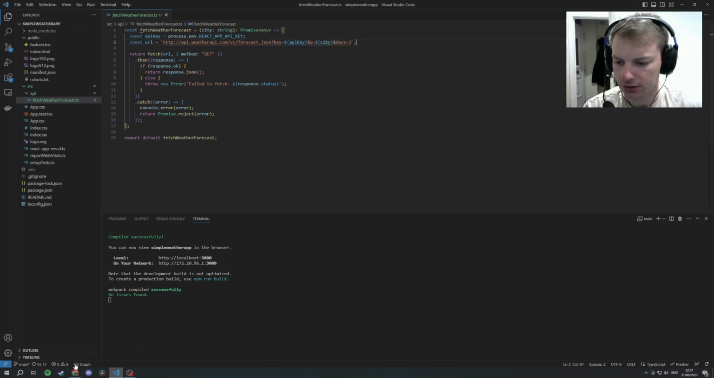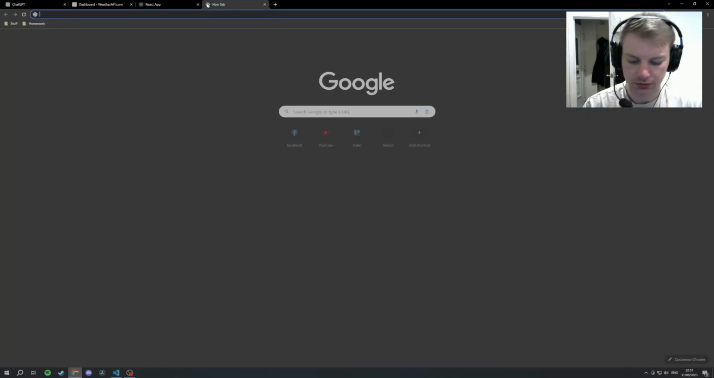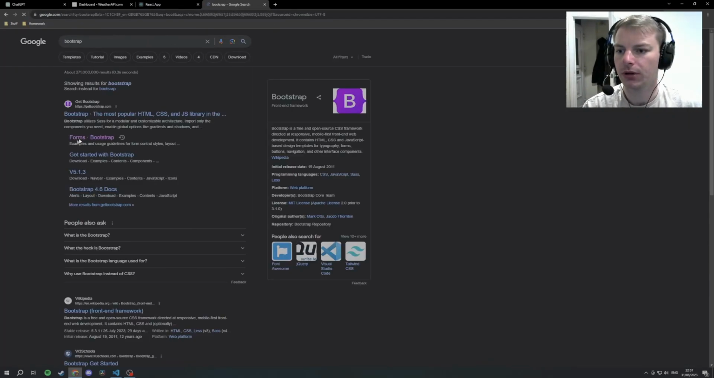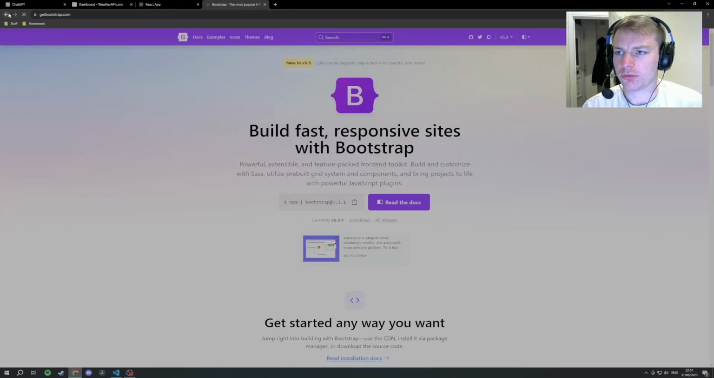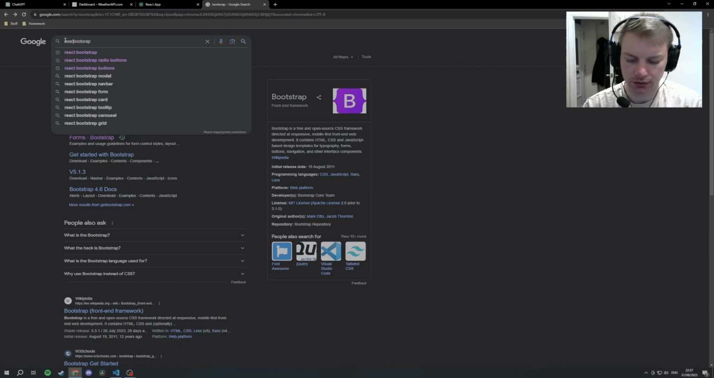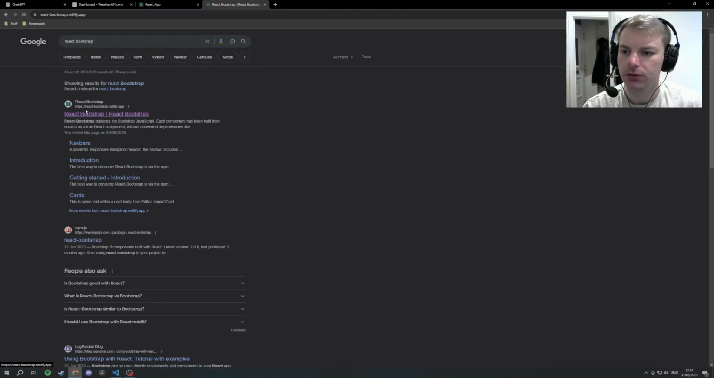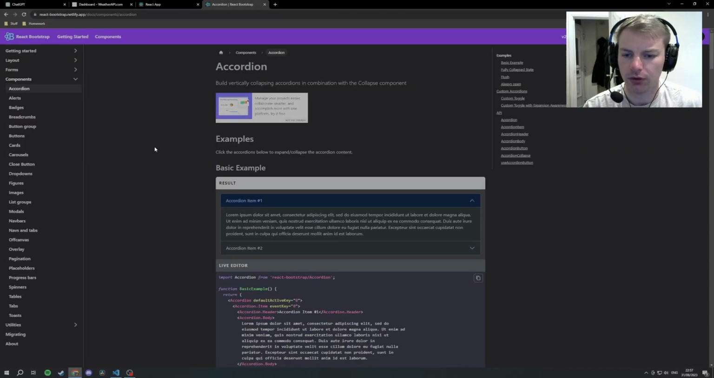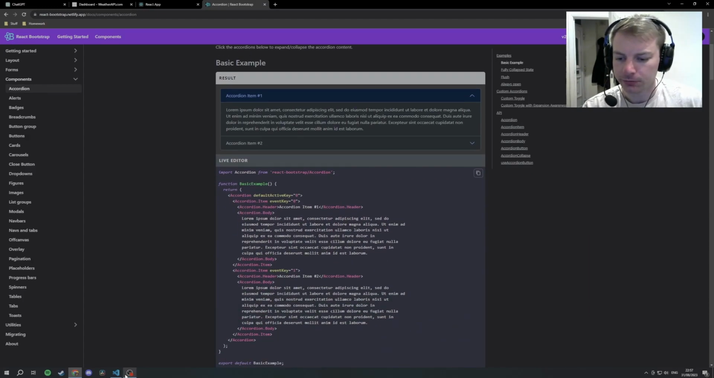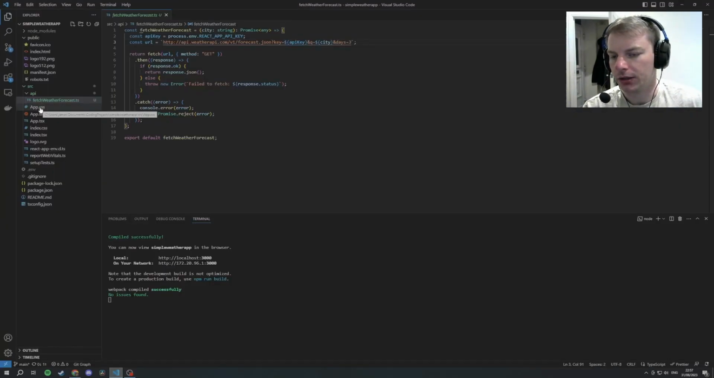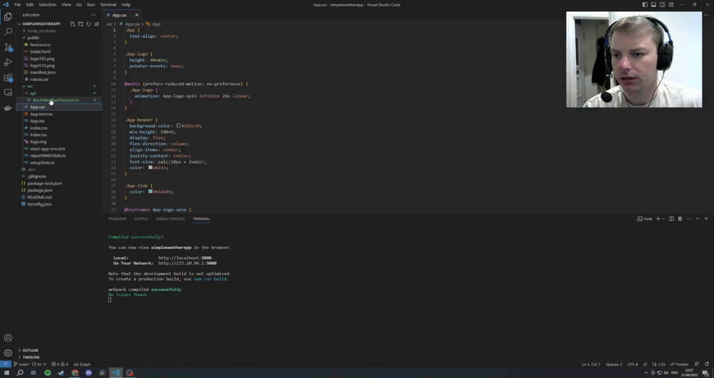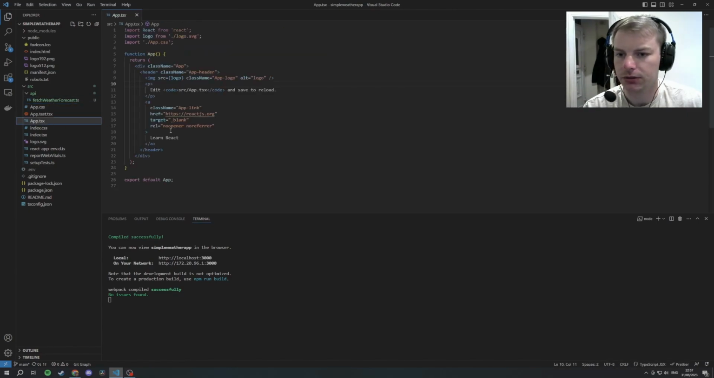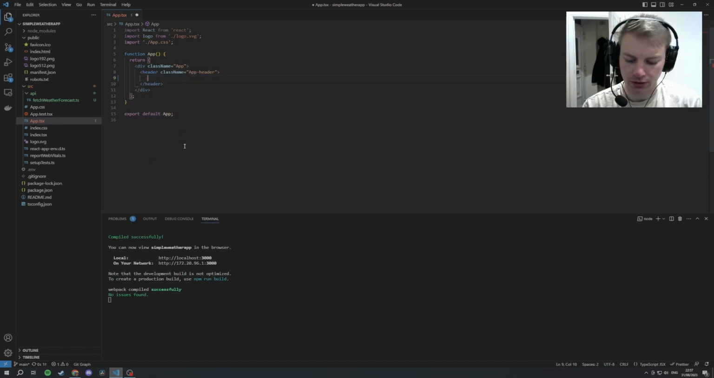So let's go ahead, and I think I'll be using Bootstrap, specifically React Bootstrap, for a bunch of this. So let's start by going to here and removing all of this stuff, and just as a little bit of a sanity check,